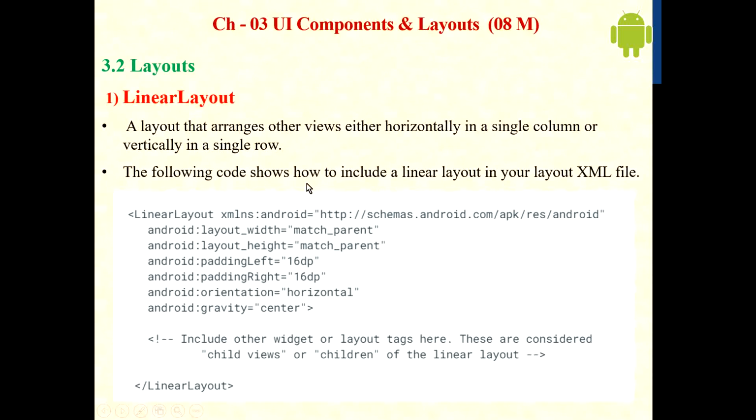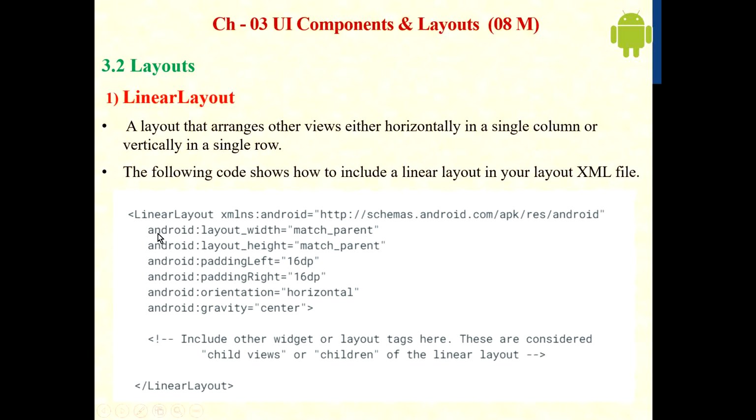The following is the code showing linear layout in your XML file. Okay, so every layout manager has some attributes, and there are some common attributes of all layouts that we see in some next lecture. Okay, so these are some common attributes of every linear layout.